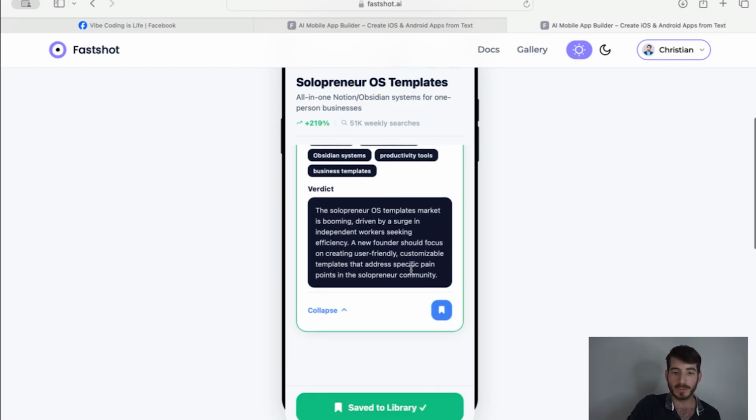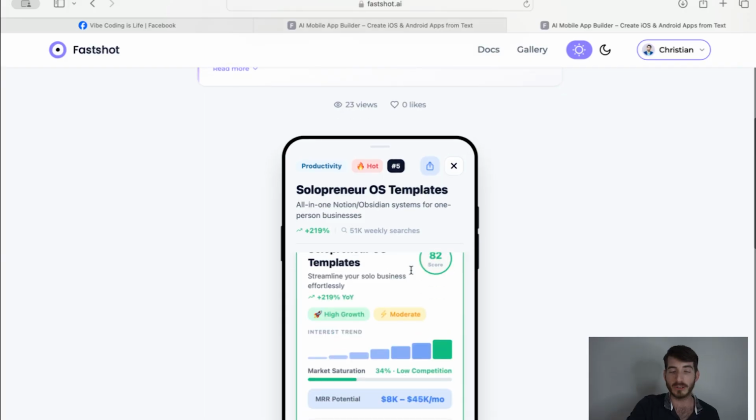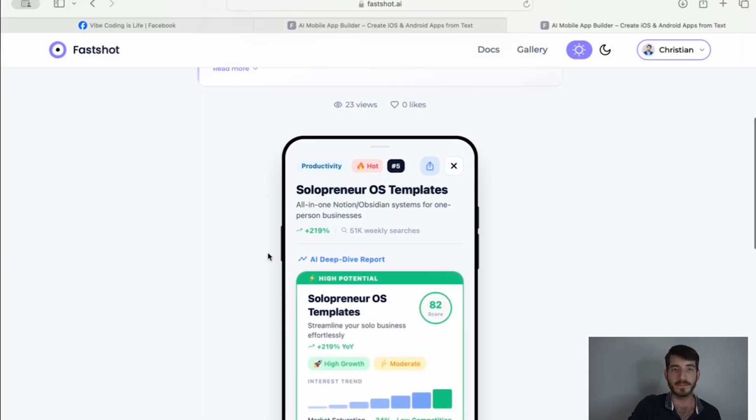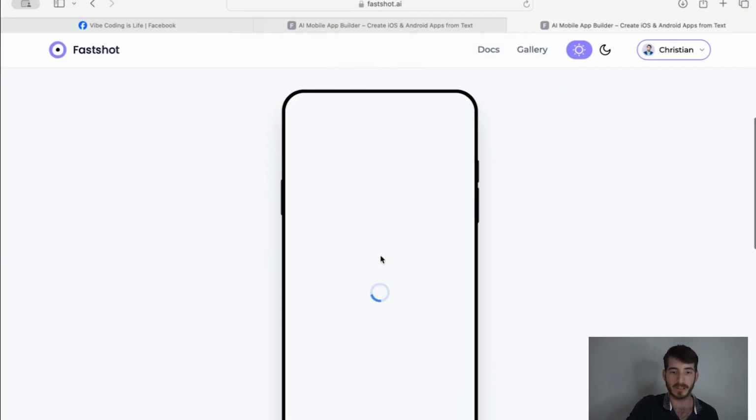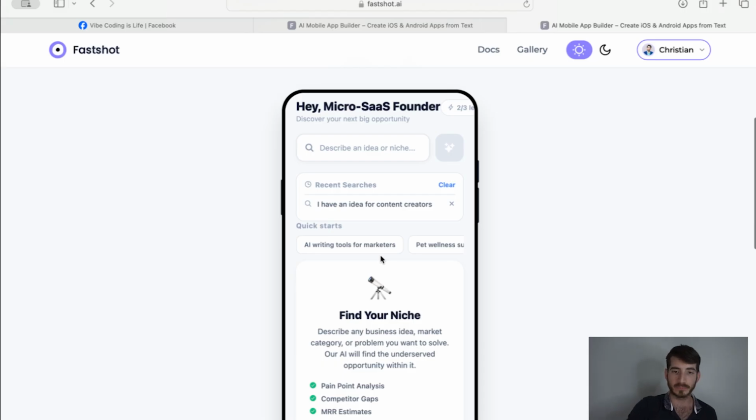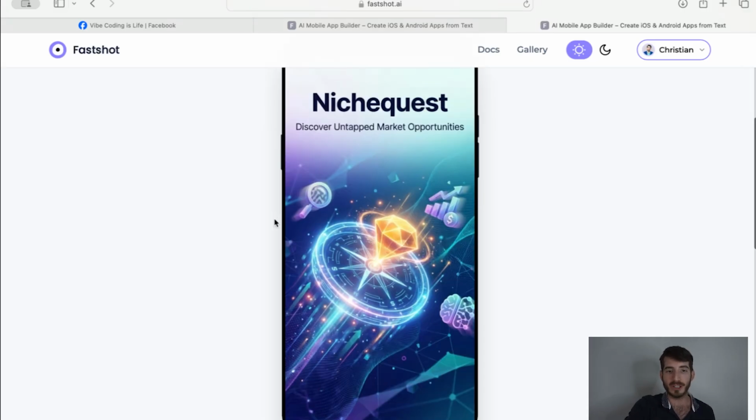You have the option to save to the library. To be honest, it's pretty comprehensive for an app that I built in just under a few hours. And I'm going to show you how I share this to the market, how I've been getting real feedback from people, the scary part.